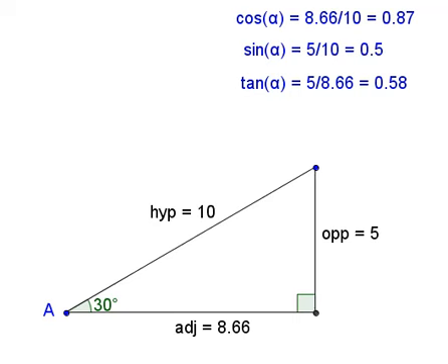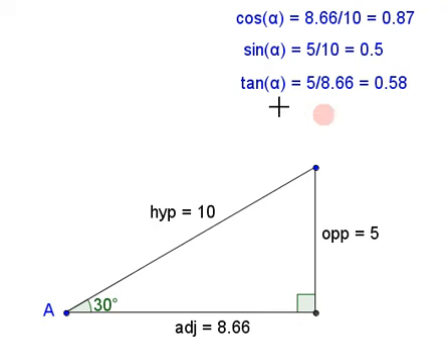In this video, we're going to look at the values that the sine, cos, and tan ratios can have for various shapes of triangles. We're starting off with a 30-degree angle in this triangle, and you can see that the opposite and adjacent and hypotenuse are shown, and the values of cosine, sine, and tan are currently 0.87 and 0.5